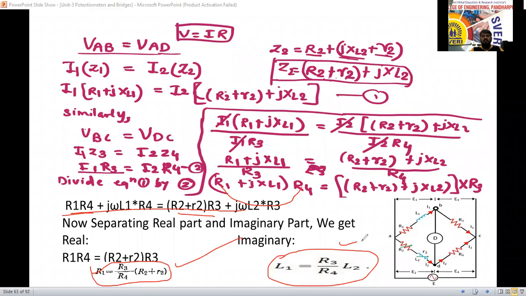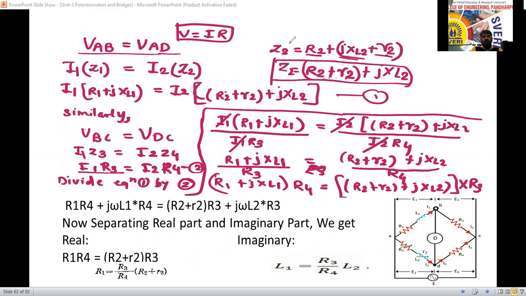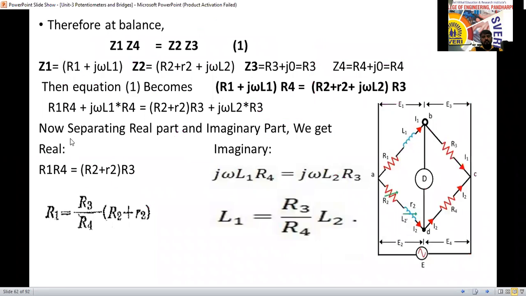Somewhere in the Maxwell inductance bridge, take a heading and write the bridge equations. If you are ready to write these equations, then only you can solve the problems. These two equations, first you have to write this one and then this one. Similarly for the other bridge, the equation from the previous slide, write it down and keep it. It will help in the problems. Solving problems is not so easy. So four equations, write them down. At least all of you keep and note this down.